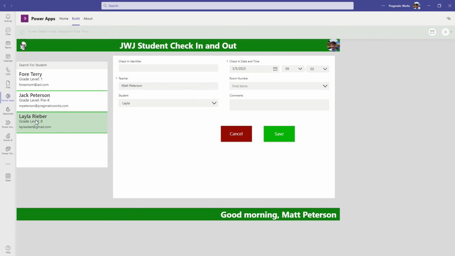So now if I come on over here to Layla and I say Layla's gone into 43 and volunteering to clean up room during her lunch, whatever, if I hit save, now another record has been created. A new check-in was created. If I close out a preview to make sure I think it's working, but you really want to make sure, you can